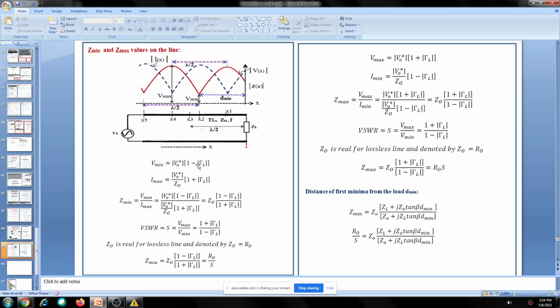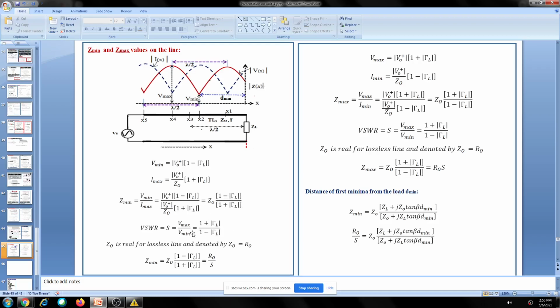Voltage minimum is this, it is a minus sign. Current is maximum, that is plus here, plus I have reflected, this is incident and reflected actually. We have made some simplification. Okay, so 1 minus 2L, this is 1 plus 2L. Current maximum, voltage minimum. Take a ratio at this position, a ratio of voltage to current, that gives the impedance. Voltage minimum divided by current maximum gives the impedance at this position, that is Z minimum at the voltage minima position. So you do that, you will be getting 1 minus 2L over 1 plus 2L.